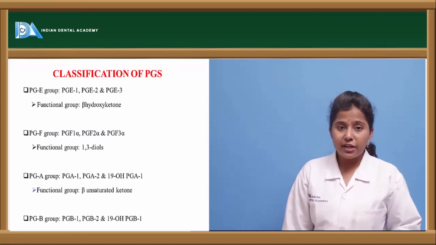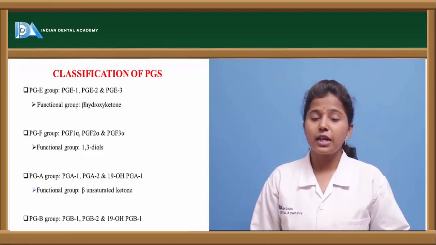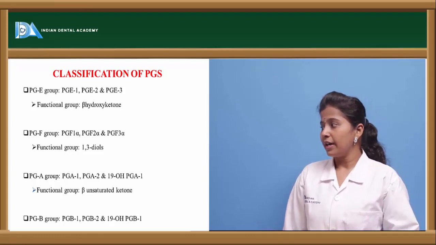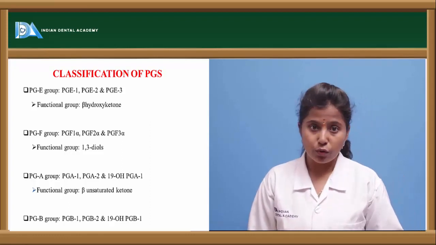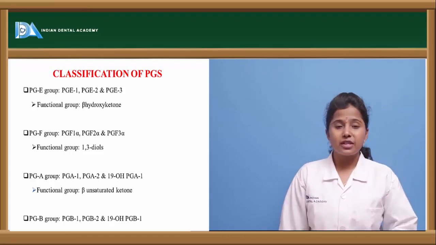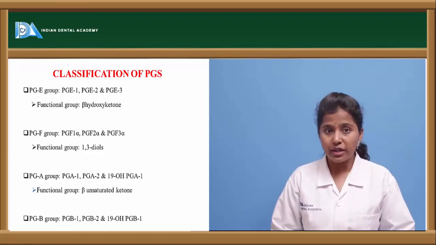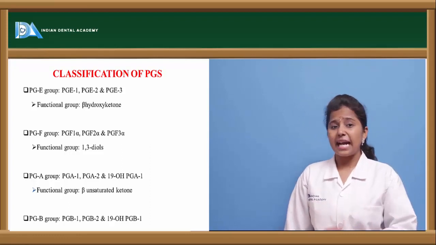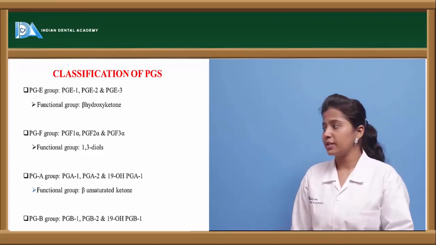Let us see the classification of these prostaglandins. Prostaglandins are classified into PGE, D, F as well as PGA and PGB also. We'll see the subclasses of this. The PGE group is further classified into PGE1, E2 and E3, and this PGE is categorized based on the beta hydroxyl